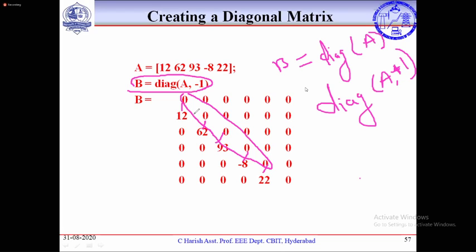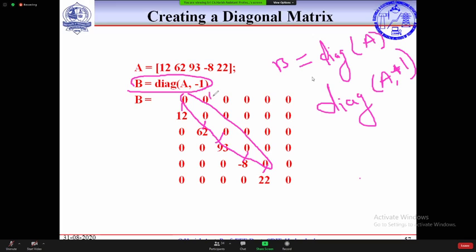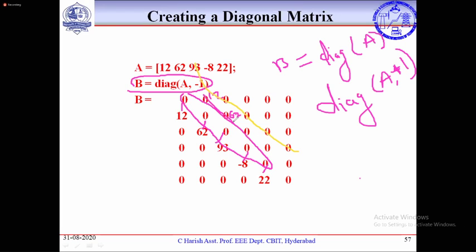What happens if it is a minus? It is shifting to the bottom. If it is a plus, here it will be 12. It is 62. Is it clear or not? Not that one. These will be the values, not here. Right. These will be the values, not here. Okay. Thank you. Is it clear, my dear friends? Yes, sir. Okay.